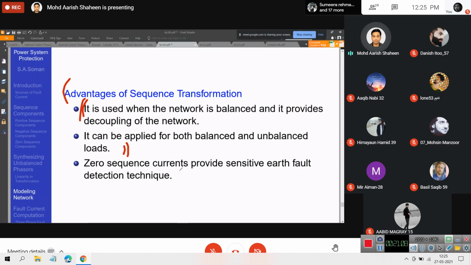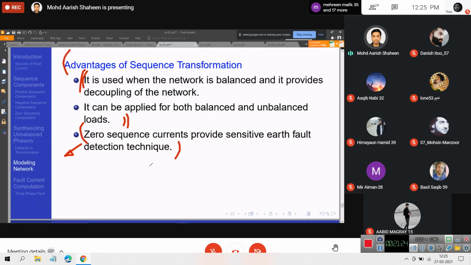This is the most important one. Especially in zero sequence, this is still very important, because we shall see later on that whenever there is a zero sequence voltage or current, it is an indication to us that there is a fault somewhere to earth. Okay? You probably remember this as well from what you have studied about the sequence networks and power systems.